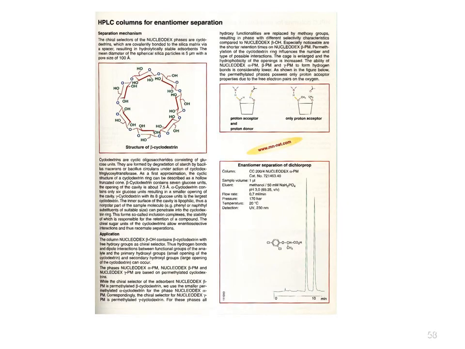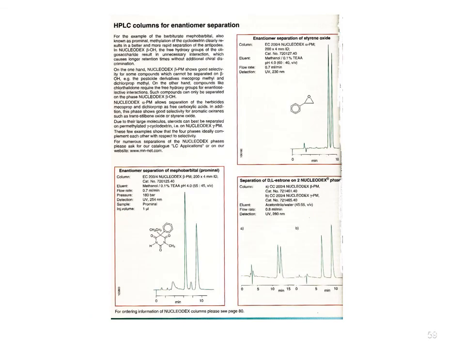Here is the information for you that there are HPLC columns for enantiomer separation. We use some columns which can be used for the separation of enantiomers. These are high performance liquid chromatography columns. Through these columns we can easily separate the enantiomers. And here are other details about the HPLC columns which are used for the separation of enantiomers. You have to read this information. We have taken this information from the literature to know the importance of chromatography, that chromatography plays an important role in the separation of enantiomers.